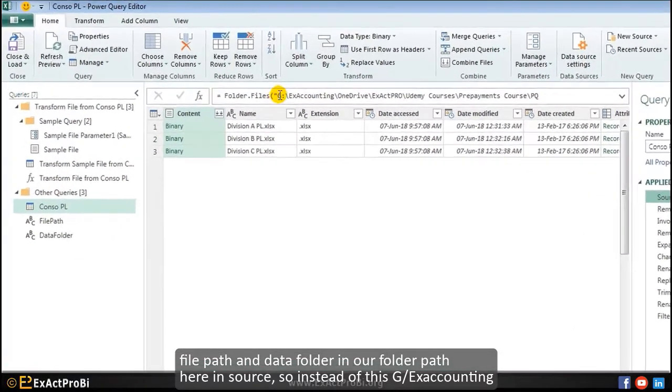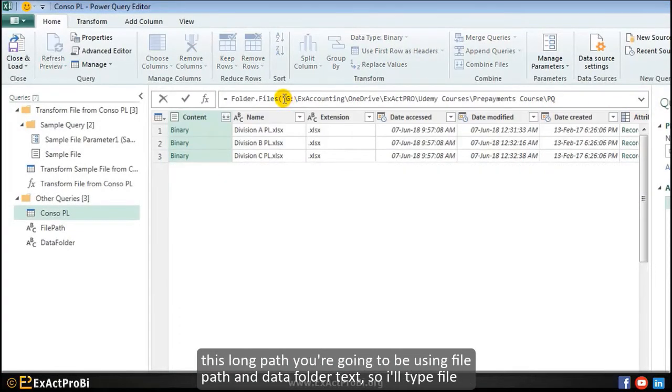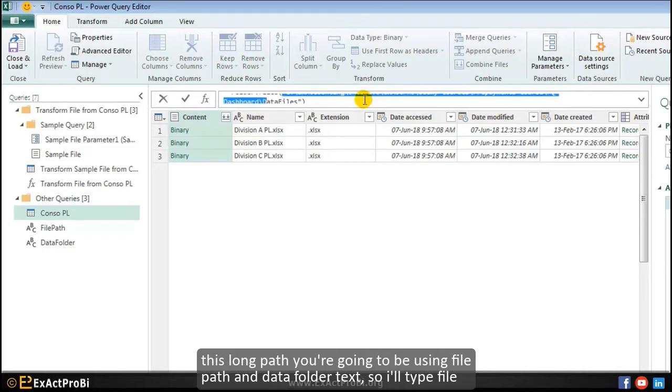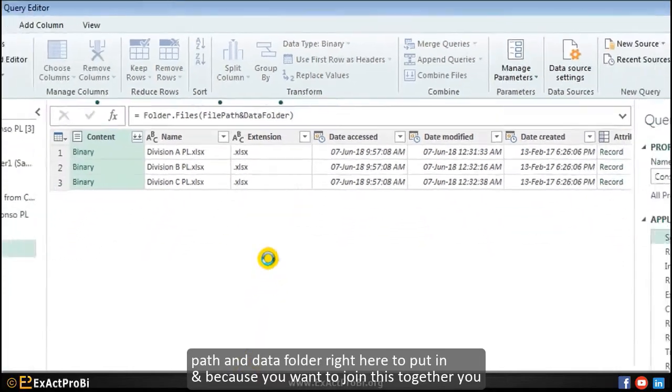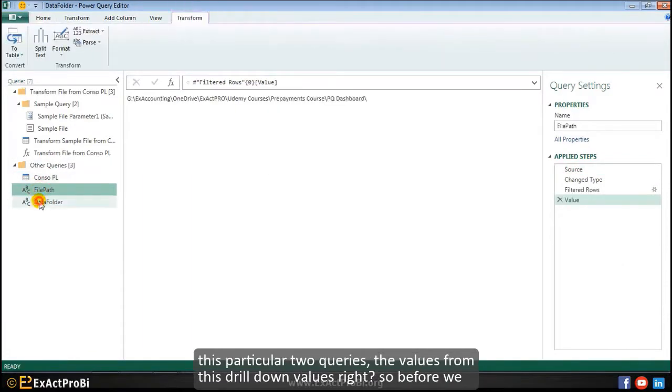source. So instead of this GX accounting, this long path, we're going to be using file path and data folder tags. So I'll type file path and data folder. Right, you have to put %, because we want to join these together. And you can see there is no error. Now the file path for this particular folder is pulling from these two queries, the values from this drill